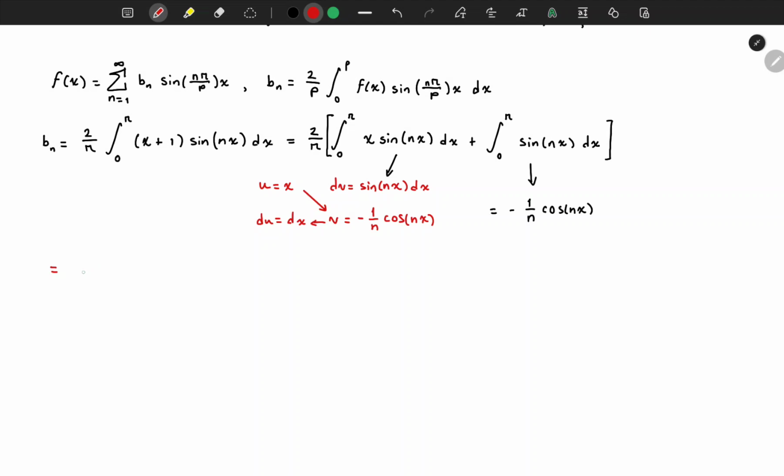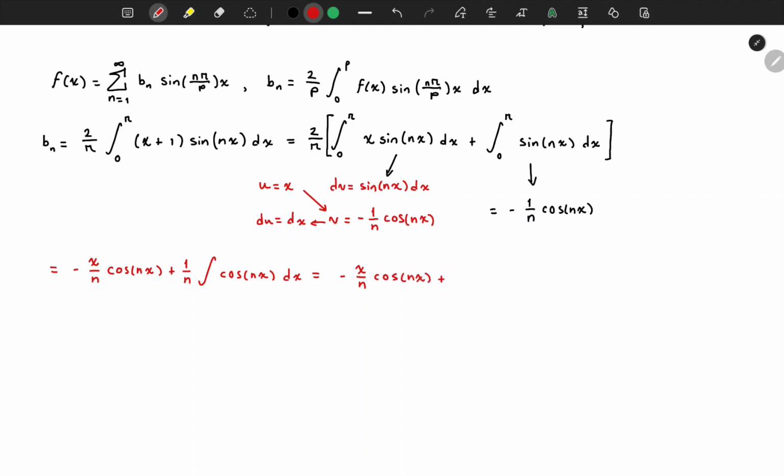So u times v, so basically negative x over n cos nx, minus the integral of negative 1 over n cos nx dx, which we can just take out the negative 1 over n as it's technically just a constant. So plus 1 over n, and then we're left with just cos nx in the integral, which we can then further evaluate to give us